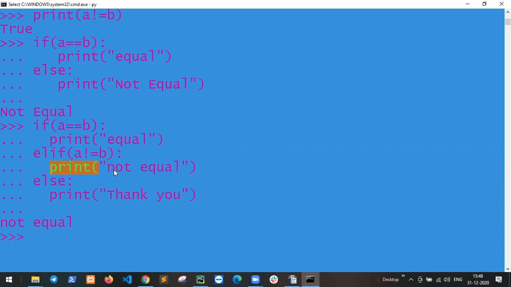So elif is used when a condition is satisfied. If you want multiple conditions, 1, 2, 3, 4, many more, that is elif.